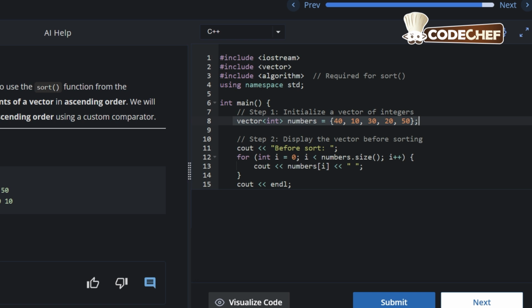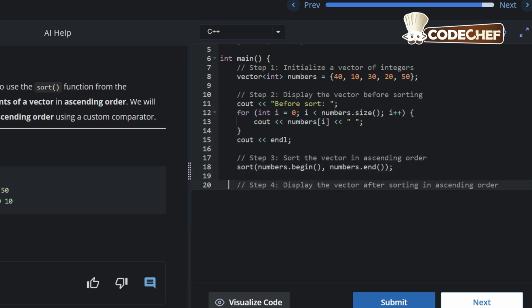So first let us print this vector as it is. We will write cout << "Before sort: "; now for (int i = 0; i < numbers.size(); i++) { cout << numbers[i] << " "; } so it will print all the values stored at all index numbers in the vector numbers. Then cout << endl;